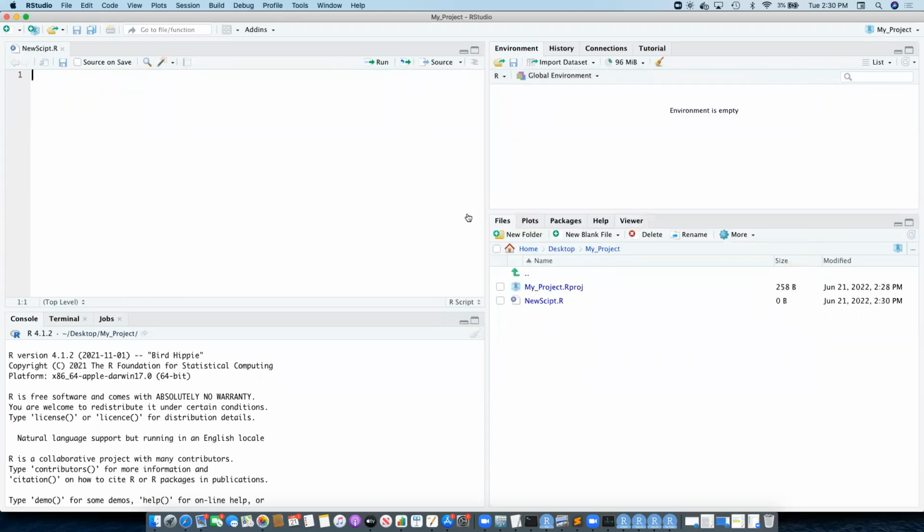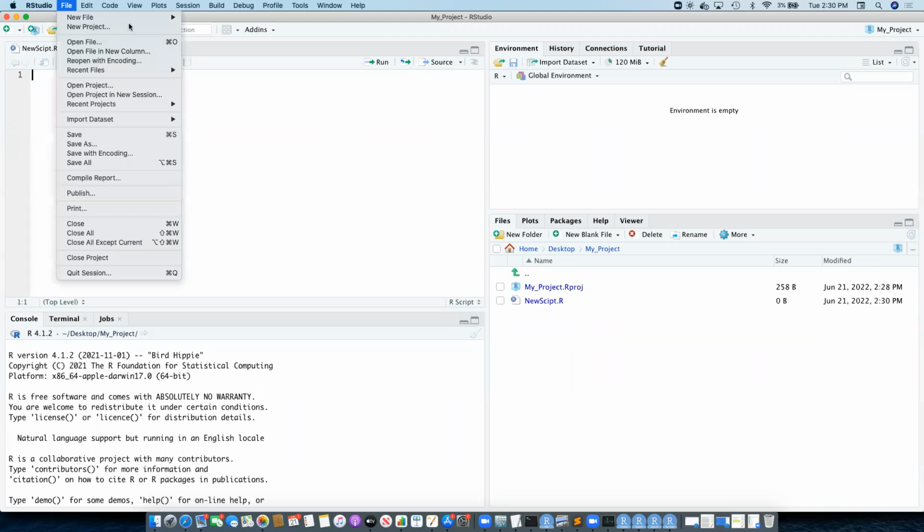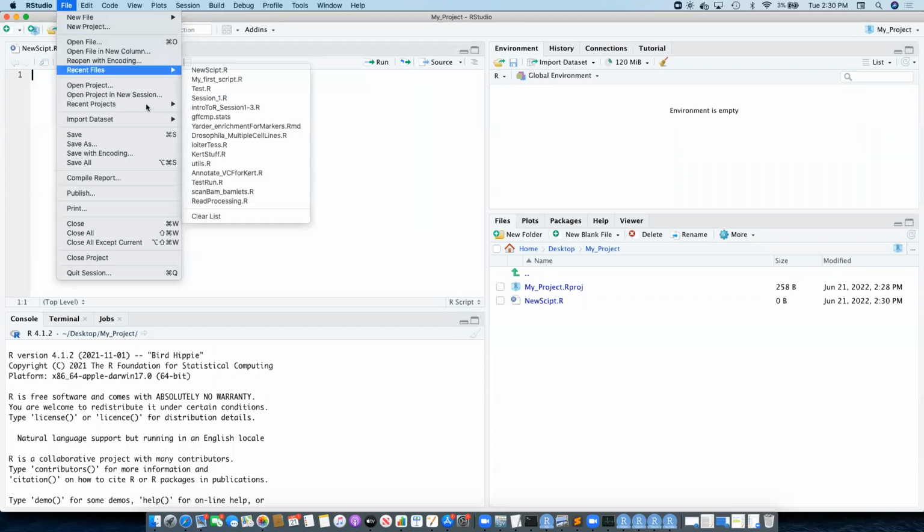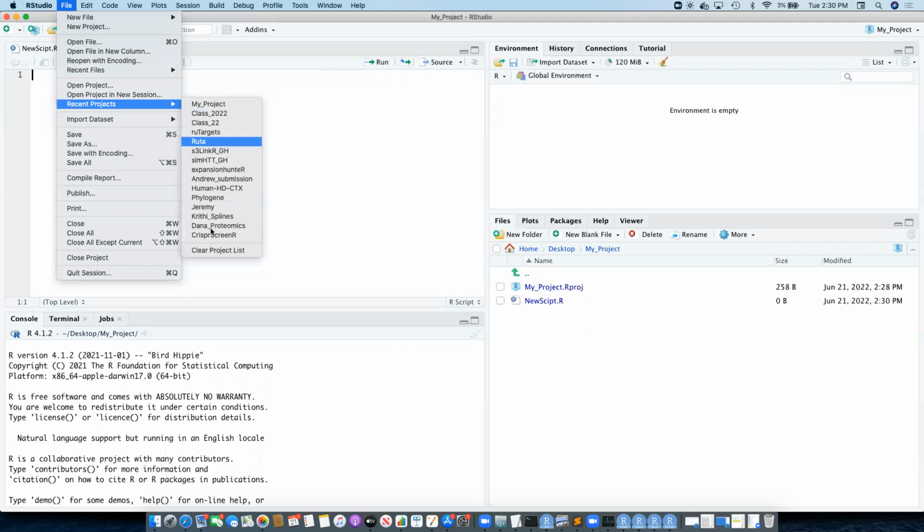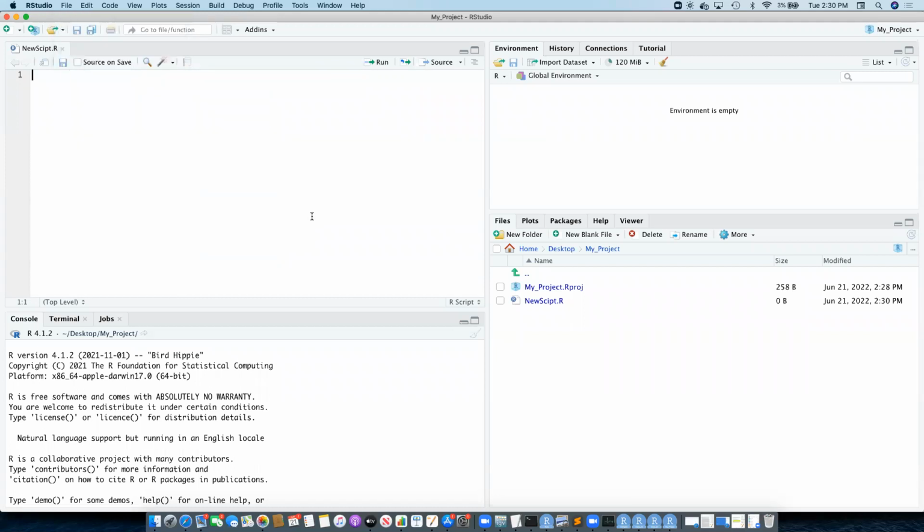So I recommend that when you're starting a new piece of work, you start a new project, effectively build a directory, and then save all your files in there. I tend to have a new project for every piece of work I'm on. I'm going to pause this and